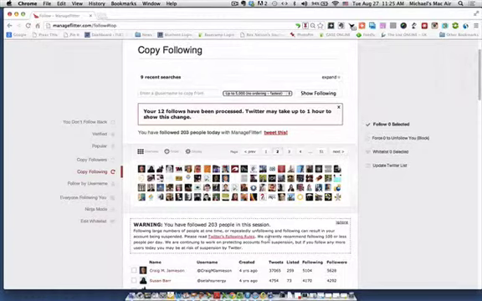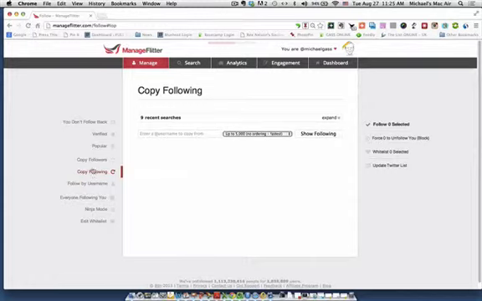ManageFlitter is recommending that you don't exceed over 100 per day. I've experimented with it and have been able to go a little bit beyond that, but in the beginning I would just stay right around 100 people per day, and that would be helpful. As you build this, you can do it again by those that a particular account follows, or those that follow